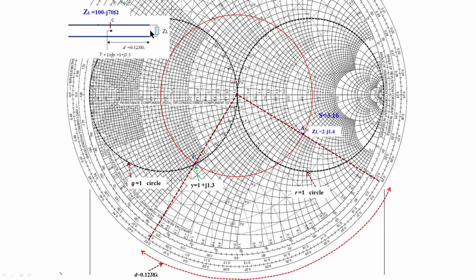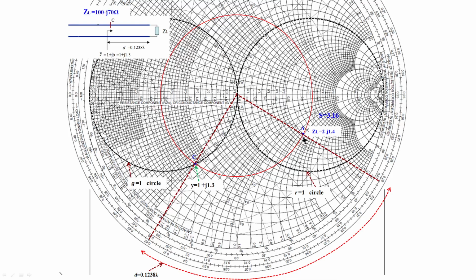But next, what we have to do is move over a transmission line. Moving over a transmission line from the load means you should draw the VSWR circle. So draw the VSWR circle. See, like this, on the Smith chart, you draw the VSWR circle. This is a VSWR circle, this red color that I have shown.